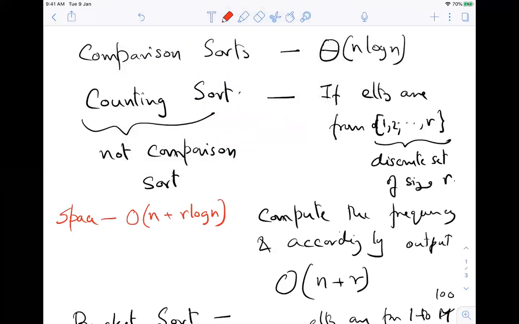But here we are not trying to optimize the space that much. We are more interested in the time complexity. You see, we are beating this comparison sorting time complexity, and that's the main idea.